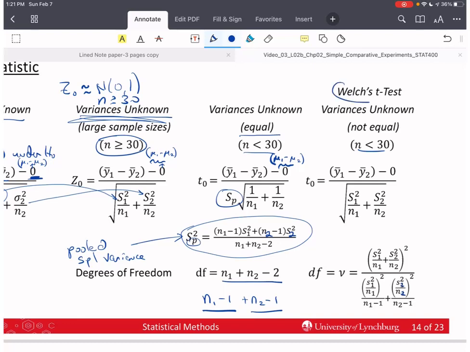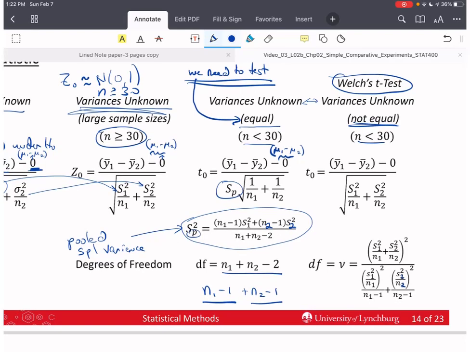Now the last case is the most common case. It's where the variances are unknown and we cannot assume that they are equal. So to do this, we need to perform a test. So right now, we'll just say whether or not the variances are equal or not. But at the end of the chapter, we're going to learn how to actually test whether or not they're equal. And then that will determine which one of these tests we use. Okay? And so when they are not equal and they are unknown, we will have the same quantity on the top in the numerator. But in the bottom, we're going to end up with this,